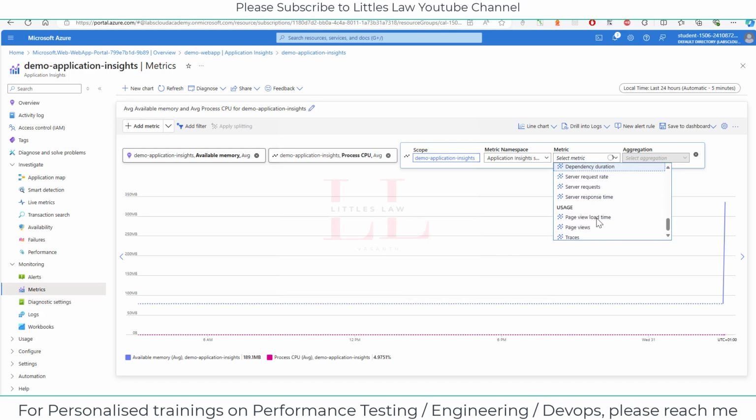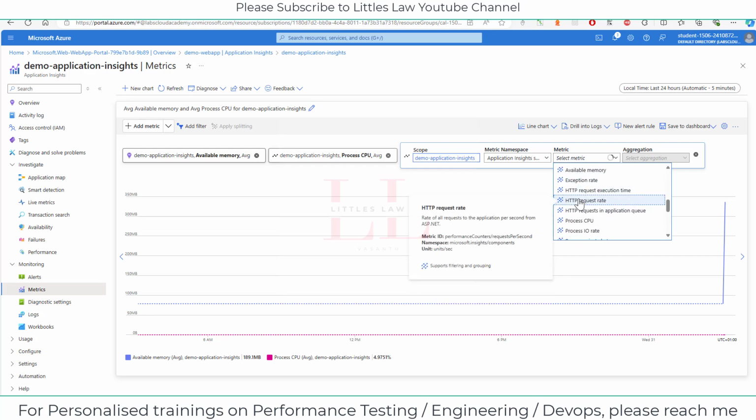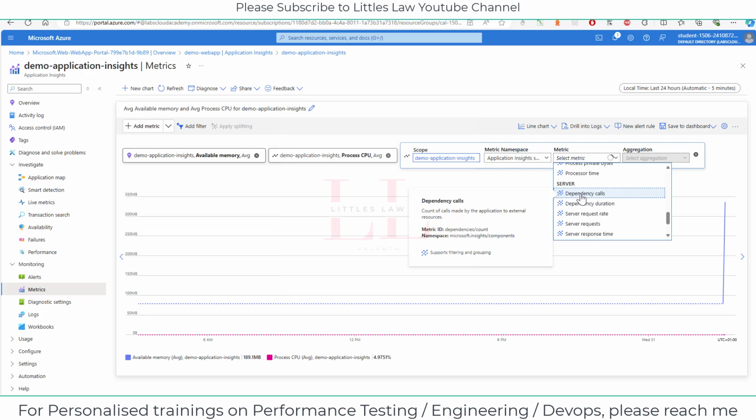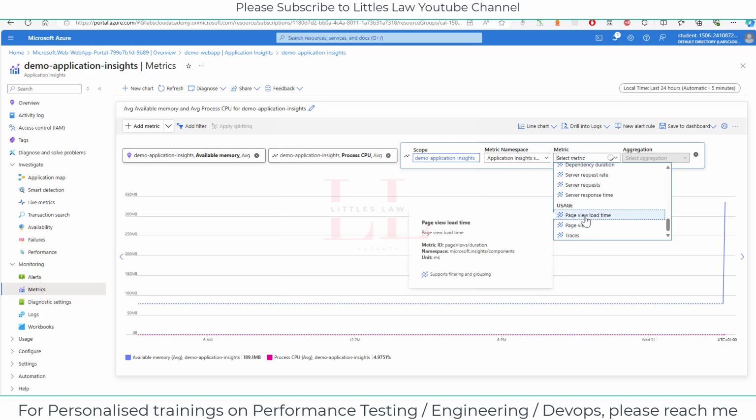the server requests, you can monitor them, the page views, the traces. So you can have lots and lots of options to monitor. So like I told you, you can watch the available memory, the exception rate, the HTTP request execution time, the HTTP request rate, the process CPU, the process IO rate. And in terms of the server, you have got dependency calls, which is the count of calls that's been made by the application to external resources, the dependency duration, the server request rate, the server requests, and the usage, the